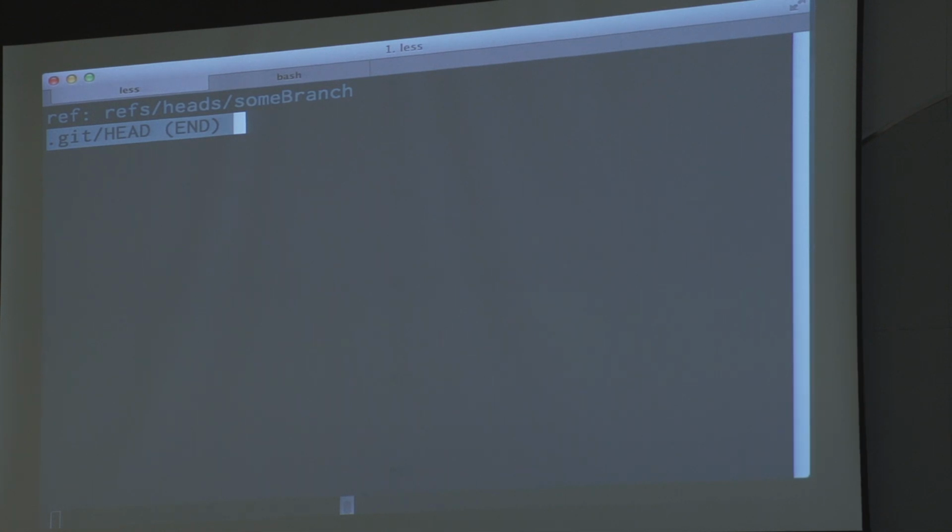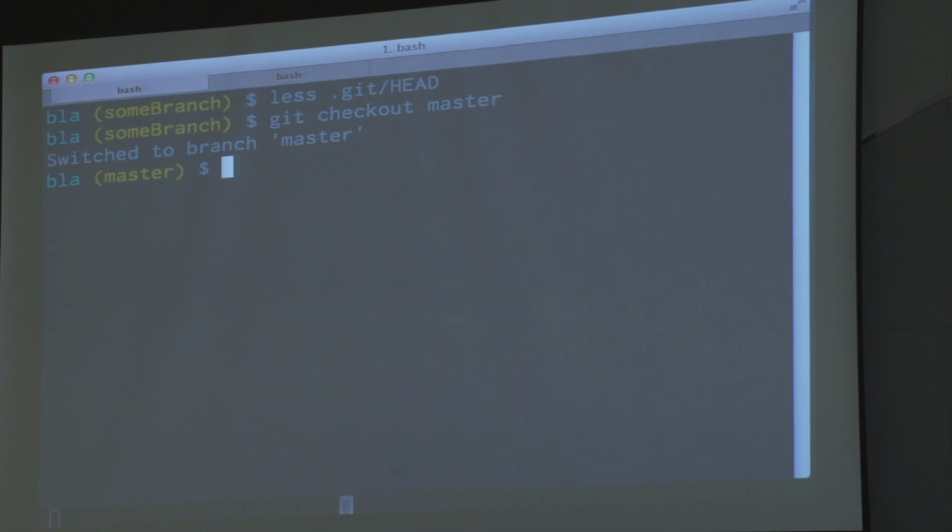Now, if I do a git checkout master, what will this content be now? Refs/heads/master, right? No surprise there.